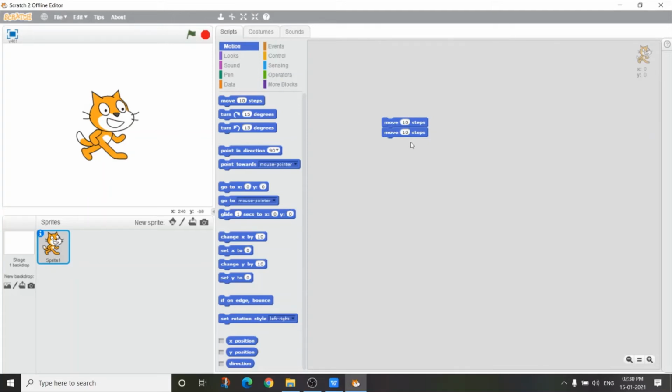We can join multiple blocks together. See, we can join multiple blocks together in this way to form a stack. The instructions on the blocks in the stack create a script or a program. The instructions on all the blocks in the stack get executed when we click anywhere on the stack.